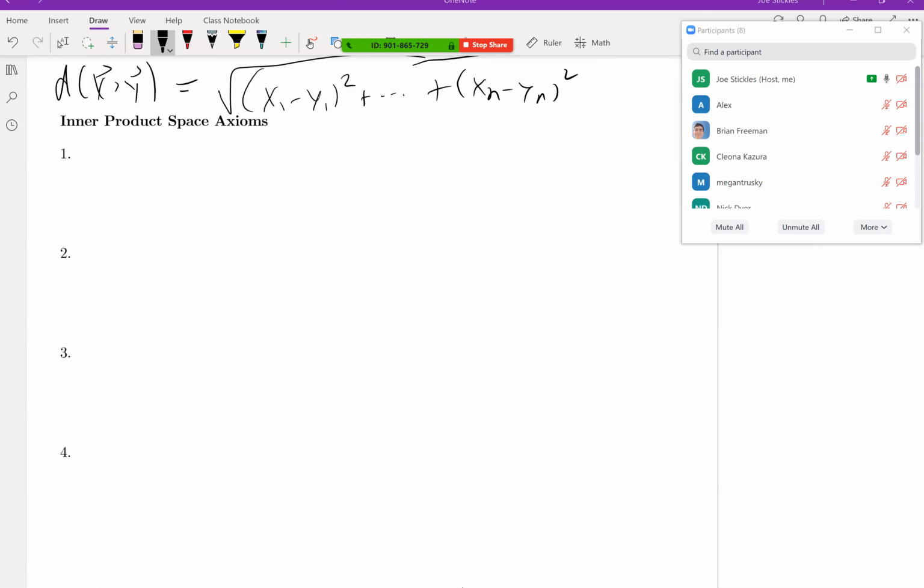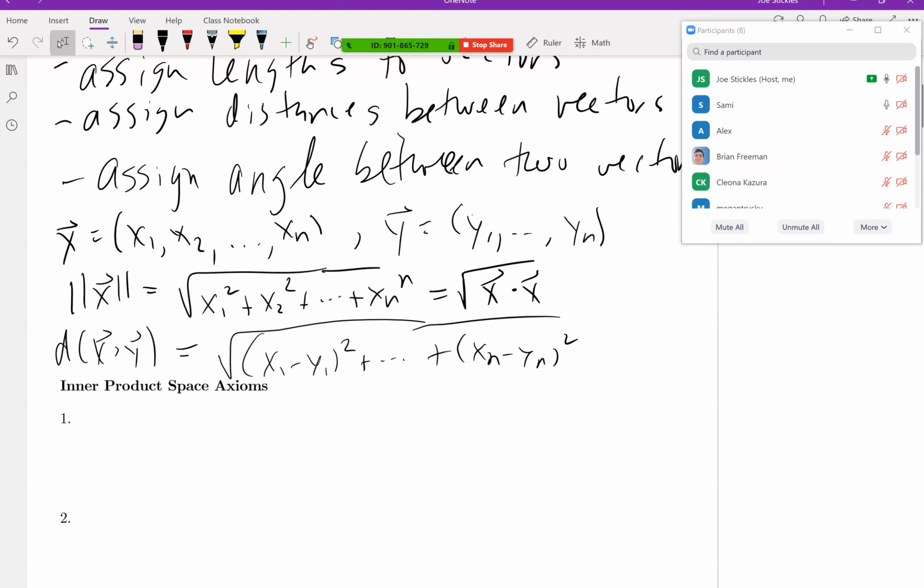Don't want to forget like I did last time. We talked last time about why we care about inner products in general, and the whole idea behind that is